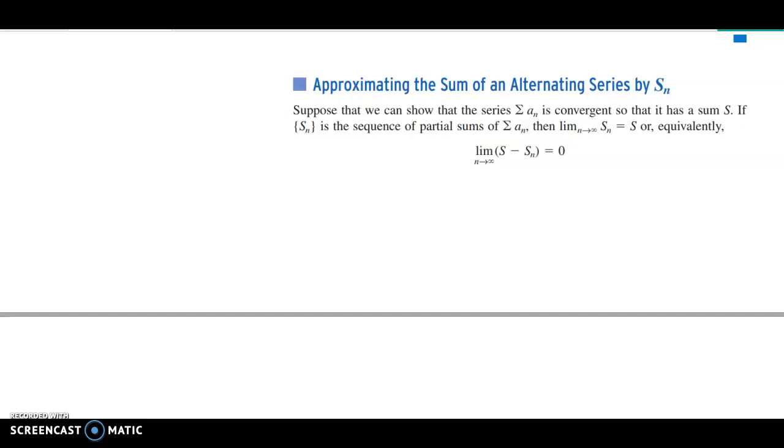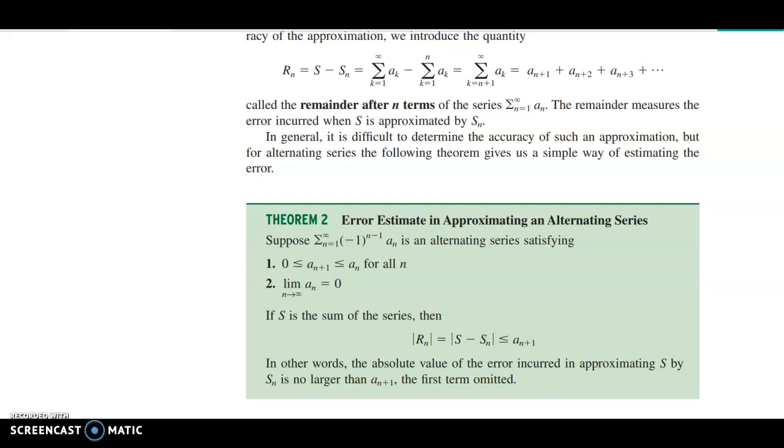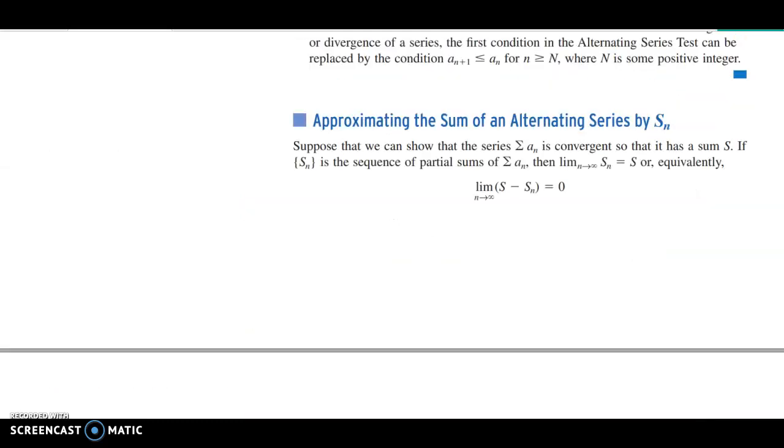Hi, today we are going to study approximating the sum of an alternating series by Sn. This is the error estimate in approximating an alternating series. Suppose the series sigma n equal to 1 to infinity of (-1)^(n-1) an is an alternating series. Error estimate in approximating an alternating series means approximating, suppose the series is convergent,